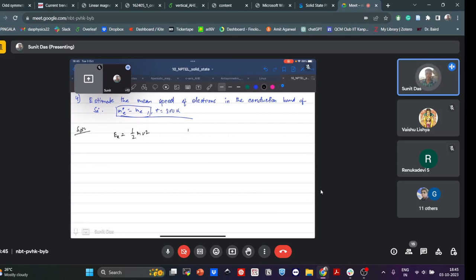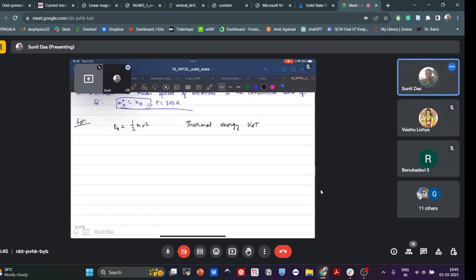Because of their thermal energy, when there is no external perturbation, electric field or temperature gradient. The thermal energy for a three-dimensional electron gas becomes 3 by 2 kBT, and this actually comes from the equipartition theorem